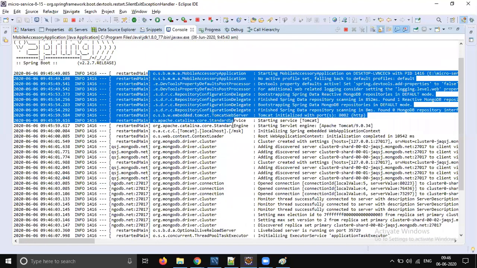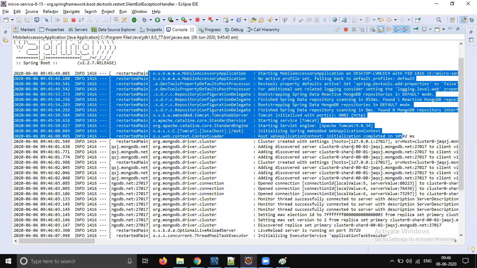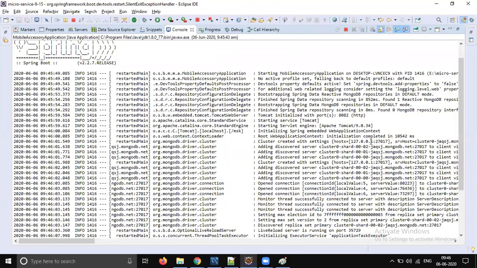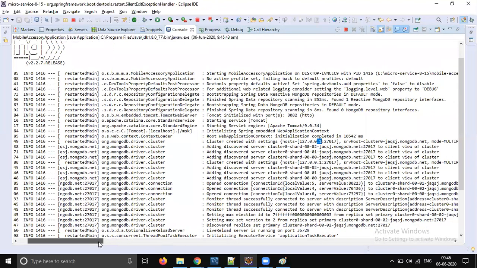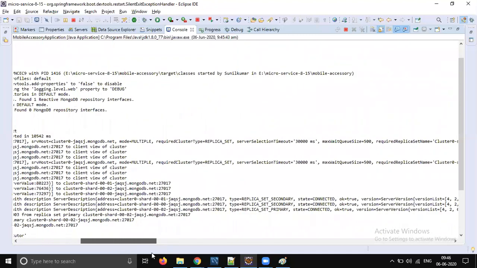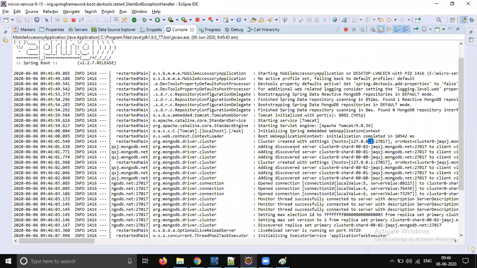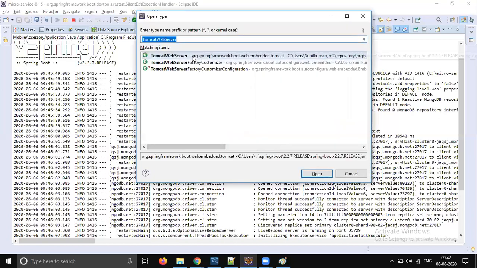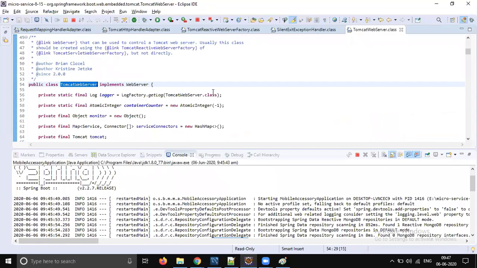Restarted main. This is my IP and this is the server host. MongoDB host is connected to MongoDB. So this is where it's going. Control Shift T, Tomcat web server.